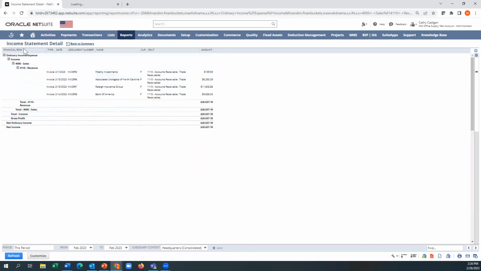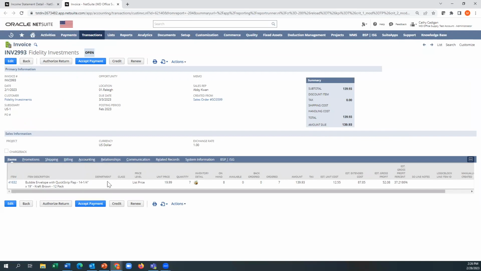But what it did is it drilled down from a summary level into a detail, showing me the invoice numbers. Now I'm in the invoice, and I can see this was a bubble envelope. Notice how buttons are active here to accept payments, do a credit, make a copy, email, right?